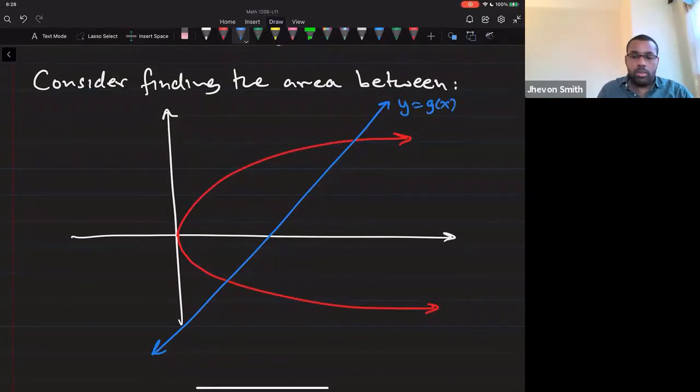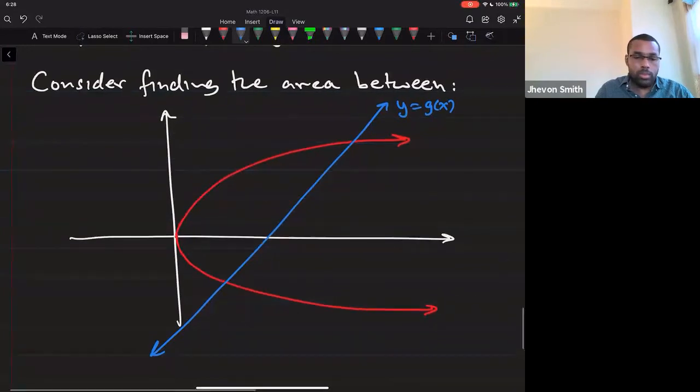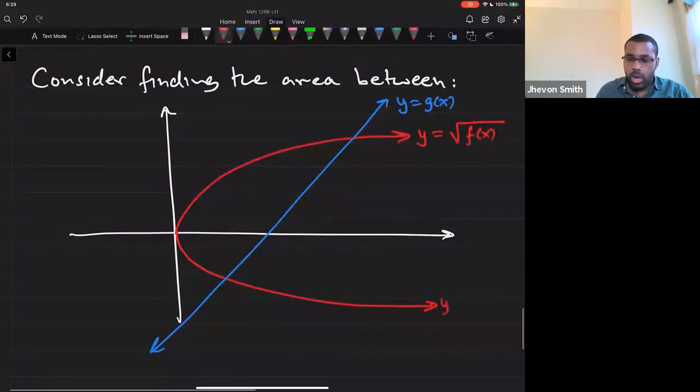And here, something like y equals the positive radical of f of x versus here y equals the negative radical of f of x,